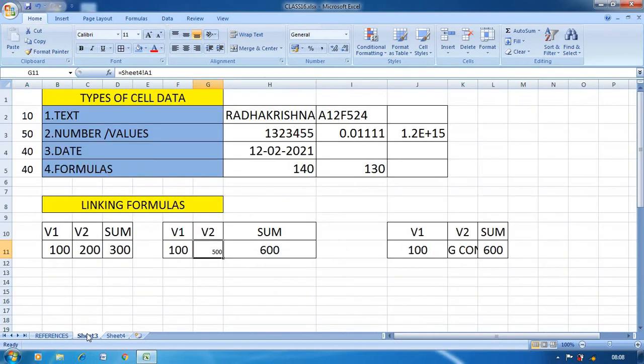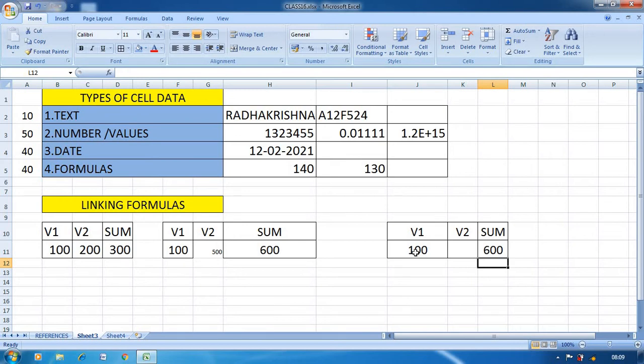Or what you can do is delete, now equal to, here V1 value is J1 plus, directly you can write sheet 4, then exclamatory sign, then A1. So J1 is 100 and value 2 it takes from sheet 4. So see, it becomes 600.